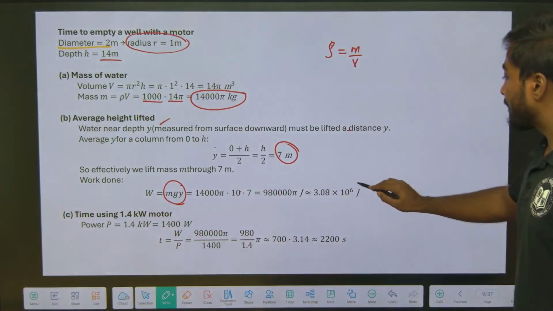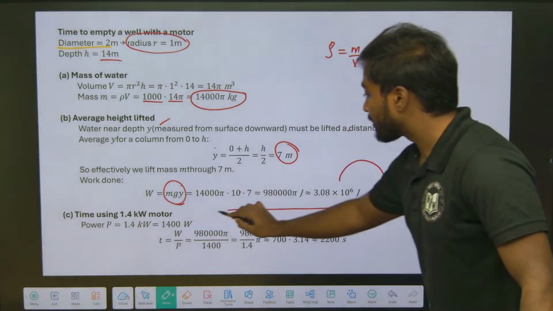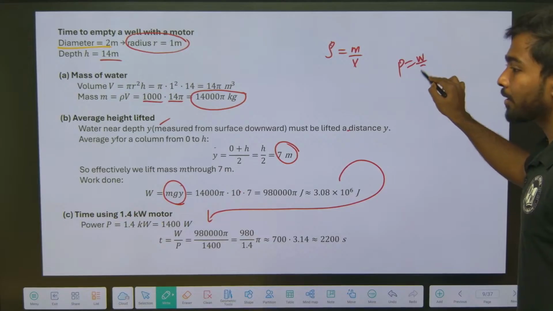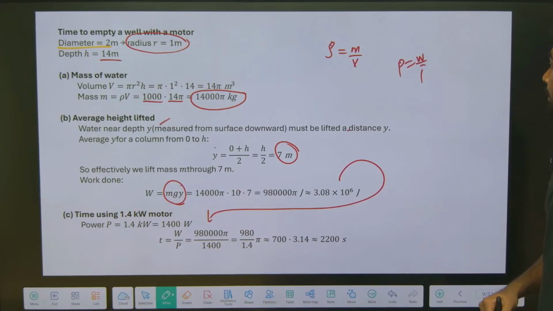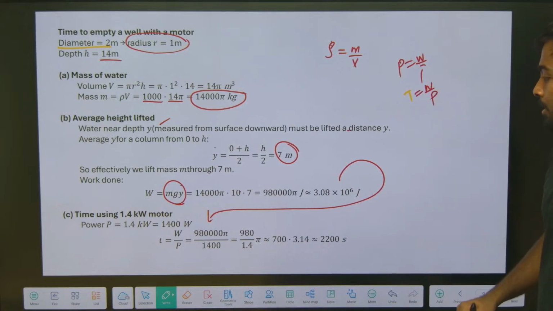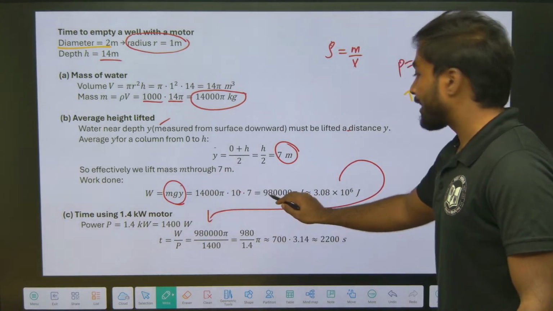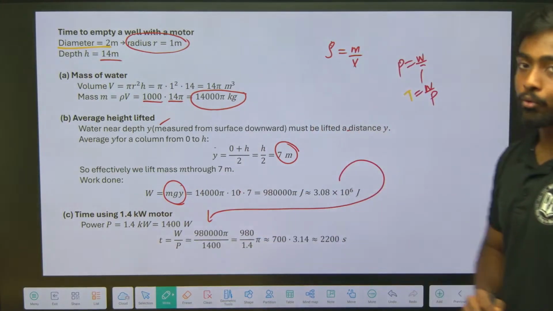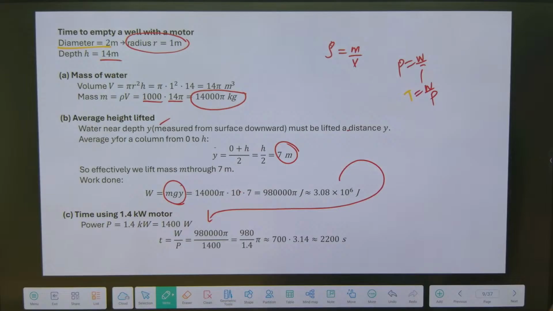So I am taking this work done and substituting in this equation, which is nothing but power is equal to work done by time. The time I need to find, so it is work done by power. So work done we know that it is 9,80,000 pi divided by 14,000. That's it. So we'll get around